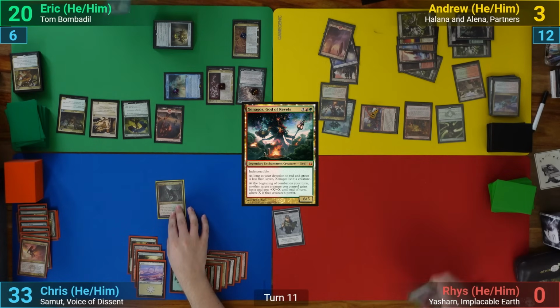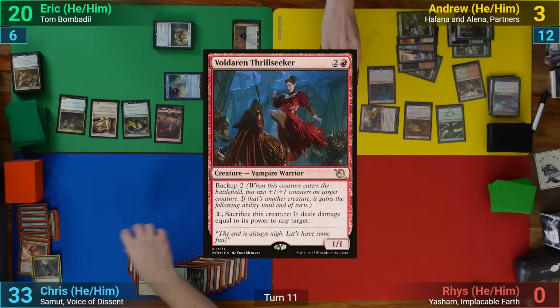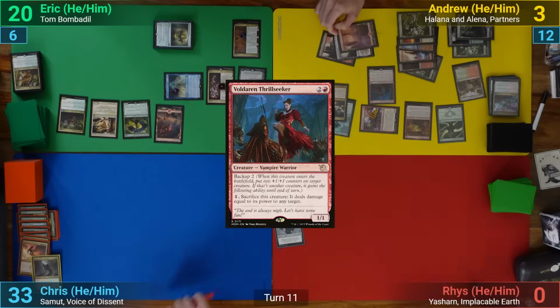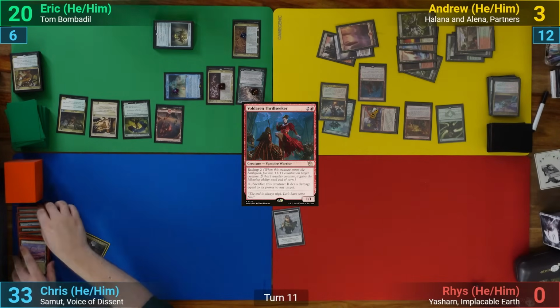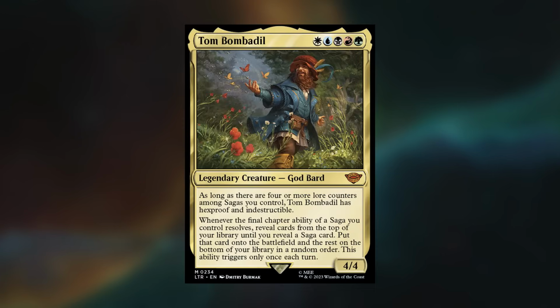I then move to my post-combat main phase, and I cast Voldaren Thrillseeker, which I have backup on the Aki Battle Squad, and I then pay the 1 to fling it at Eric's face for 56 damage, and win the game. Game review time. This game was 1 hour, 57 minutes, and 4 seconds, and 1 hour and 30 minutes